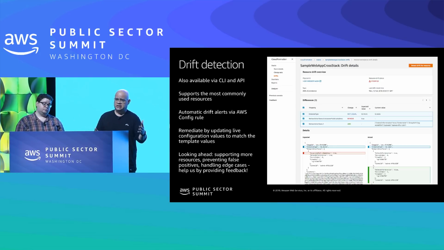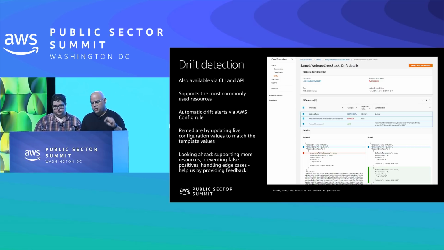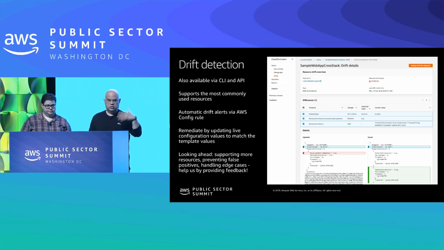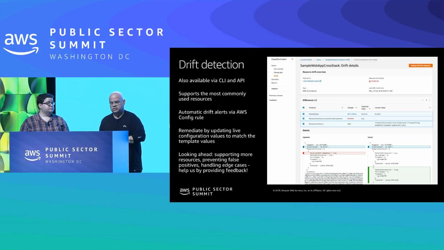There's a couple of ways that you can attack this. Number one, you can check for drift on demand by checking a particular stack or a particular resource. If you combine this with a rule that's available, if you're an AWS Config user, you can actually have Config periodically check for drift on your stack. I don't know how often you would want to do it, but if you do want to check that way, you will be proactively checking for drift events, if you will.